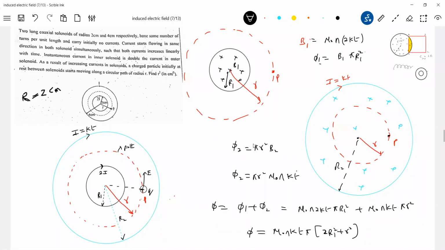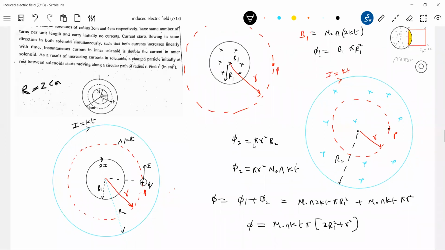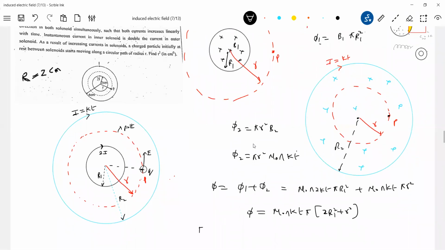Before that, I think there's only flux, no? So therefore, what is the induced electric field? E into 2 pi r. And I'll start with the definition, it'll be much easier. E into dl. Dl is this one. E into dl should be equal to d phi by dt. Everything I care about, the dB by dt, everything I've taken care of in the calculation of flux only.